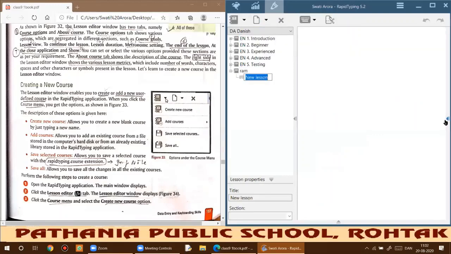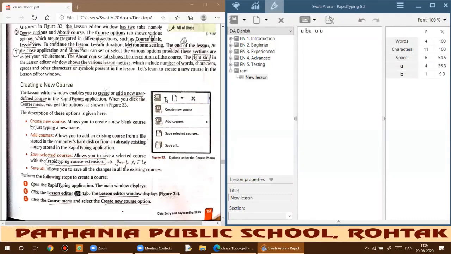Okay, so let me minimize it so that you may know what this window is for. Now I'll be typing the content that I want to take in my lesson. This is the lesson I am creating, and you can also create your own lessons. You can see the number of words and characters that I'm adding are counted here. Now I'll be pressing n, and you can see the count of n is increasing.